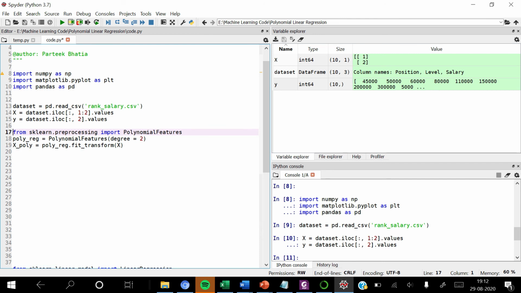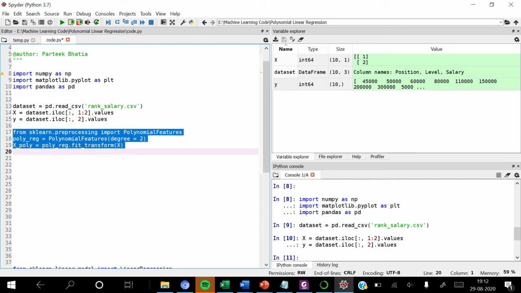In order to convert it into polynomial form, we have to import the PolynomialFeatures class from the preprocessing sublibrary of sklearn. Then we create the object poly_reg by defining degree as 2, and we use the fit_transform method to transform X into polynomial form, and the polynomial form of X will be stored in X_poly.